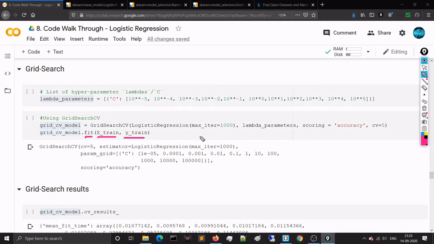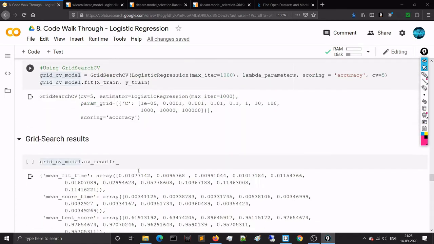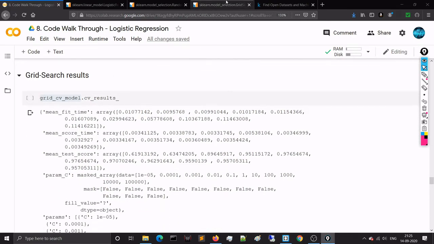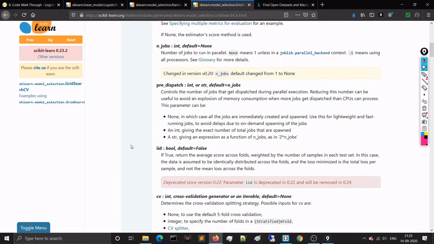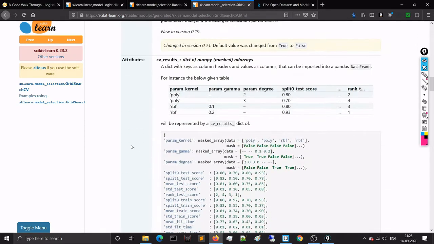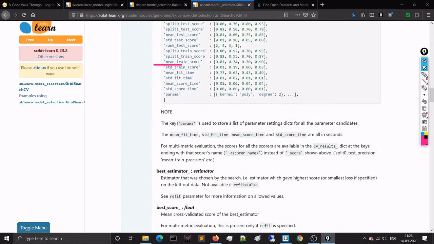Anyway, what it will do is all the cross validation. It will try all the C values, that means the lambda values, and run the logistic regression again and again for all these lambda values with all this cross validation, and will check accuracy, and ultimately it will give you the best hyperparameter. Okay, so how will you get that? Let me show you the grid search CV. Once it is fit and the training is done, you will get two things. One is the CV result. It will give all the results. And another thing, which is more important, is